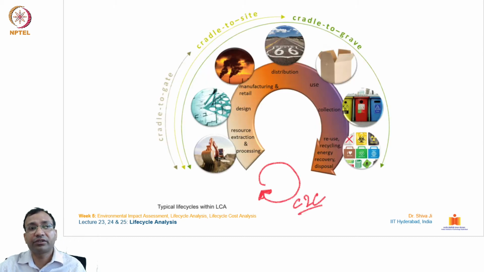Let's see this illustration over here. It gives an idea of the typical stages inside a life cycle analysis of any product. You can see from here it starts with the process of resource extraction and processing, and it goes on with the design, then the manufacturing and retailing,